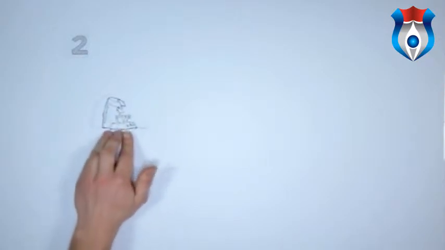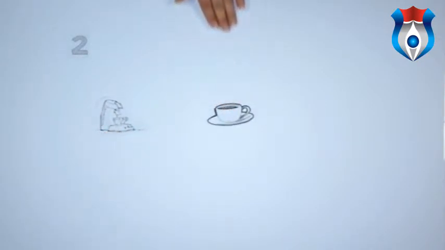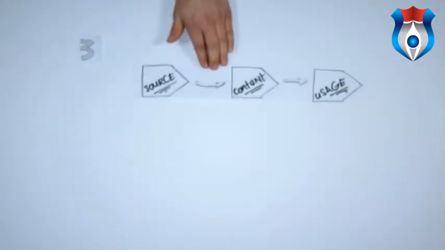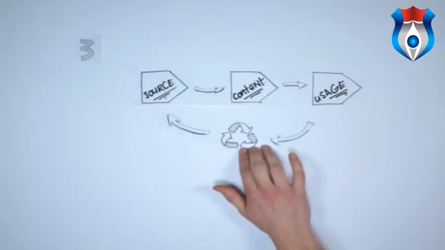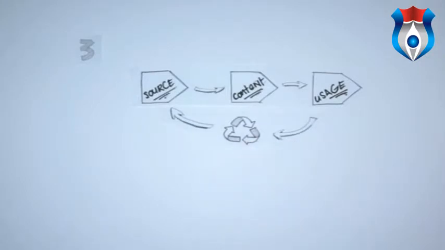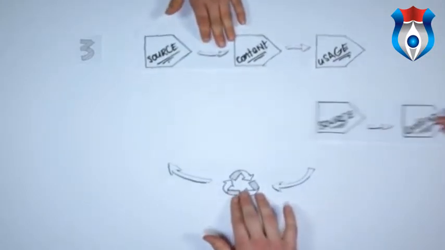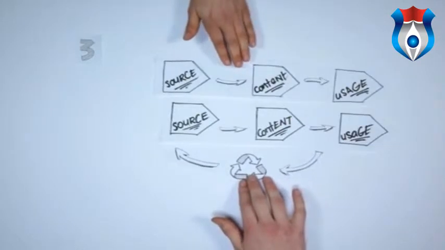Step 2. Design value products for the system. Great products with an added consumer benefit. What if the coffee machine also purified the water or added a small dose of vitamins? Step 3. Use only trustful and recoverable materials. These are materials where the source is known, the content is known, and they are suitable for the usage application. The recoverability must be both technically and commercially available, and the next product life has been thought about.